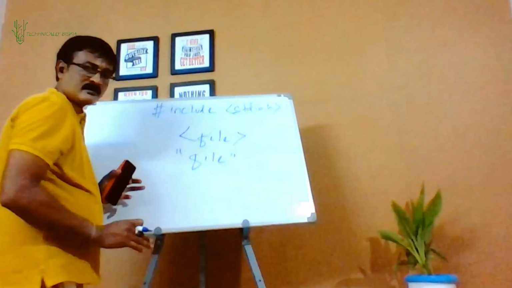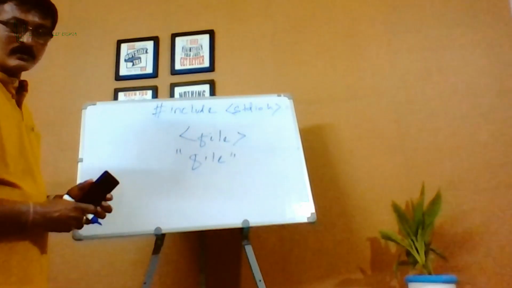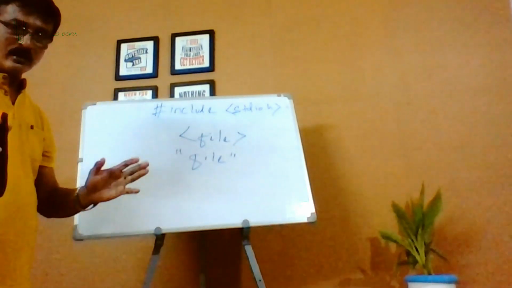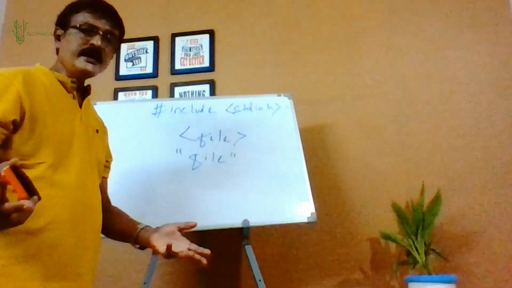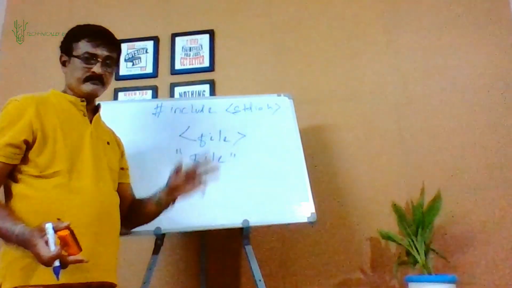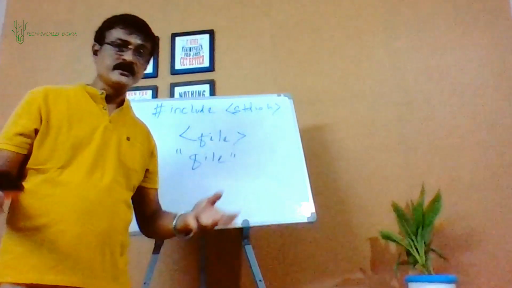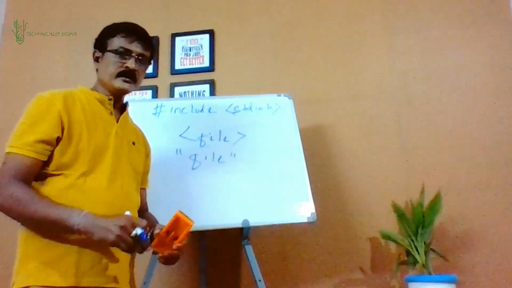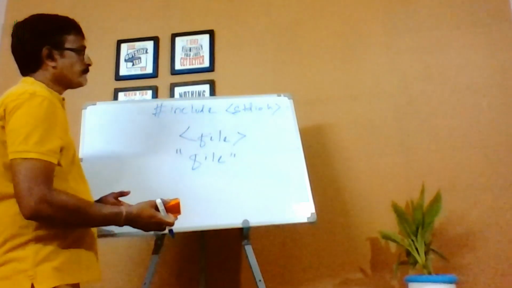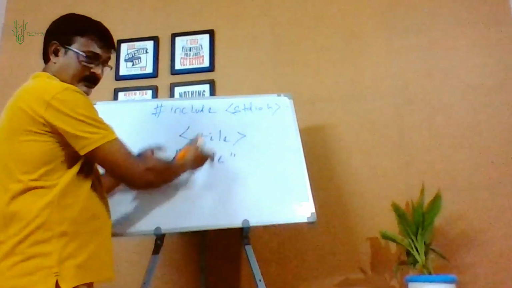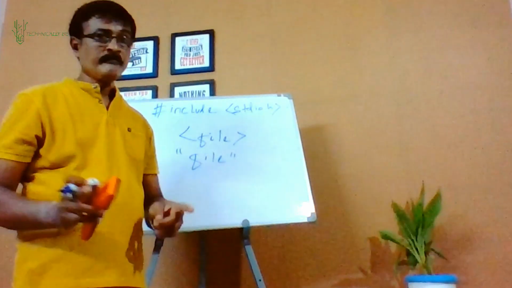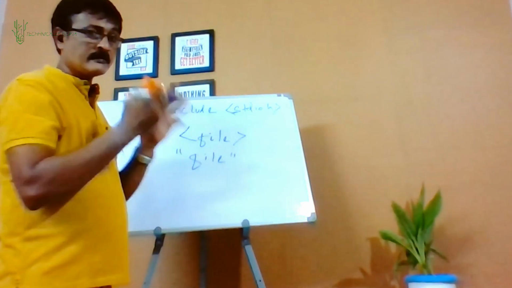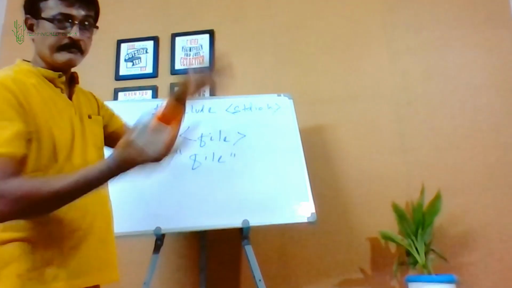This one has more advantages, isn't it? Including a file with double quotations. Got this? So I hope you understand what this file inclusion means. Now, any type of file can be included. As long as it is meaningful for your program, you are using it inside your program, then it's absolutely fine. You can include it. Got it? Now, in case of file inclusion, one thing is very important. Remember, if you are including a file, that simply means the contents of the file gets replaced during the pre-processing stage.